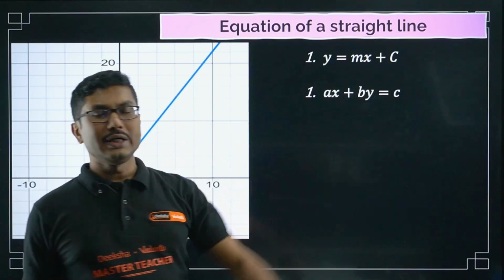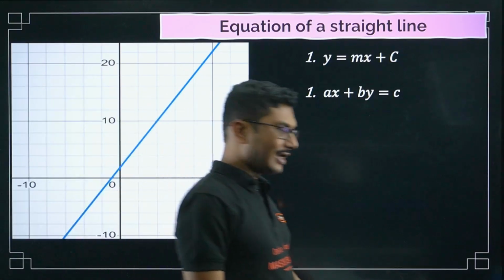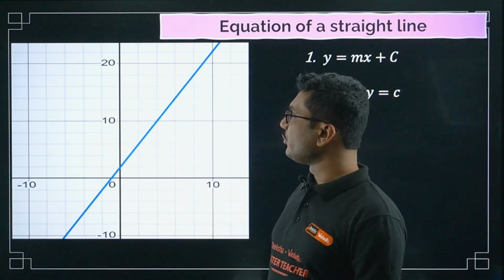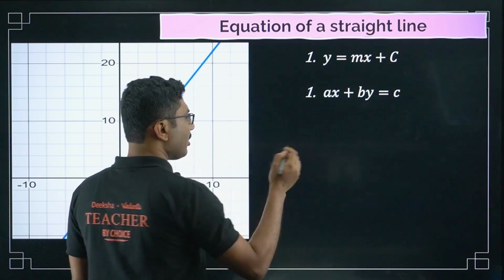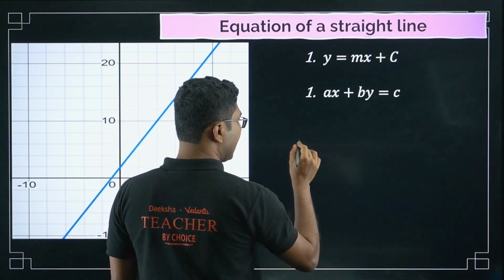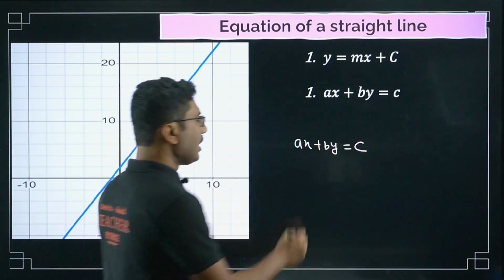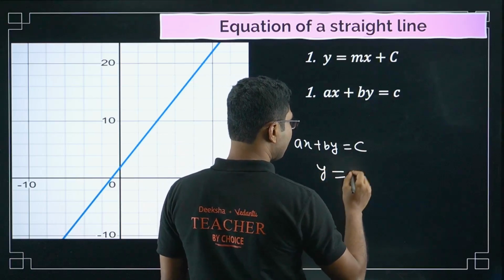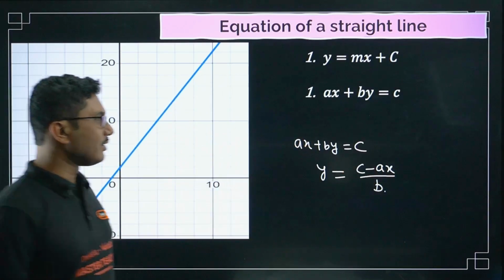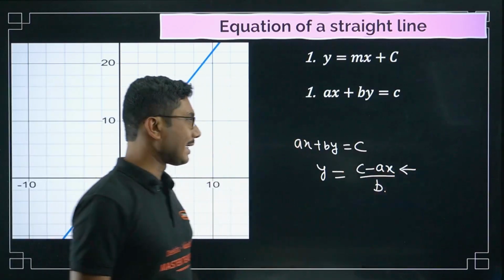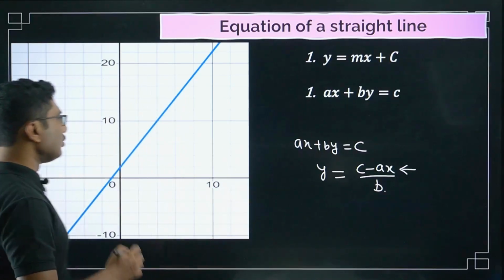First we are doing the equation of a straight line. Straight line is easy, right? If an equation is given to you, you can take any 3 points and draw a straight line. For example, if you remember in your lower classes, there was ax plus by equals c. This kind of equation was given to you. Then you used to write y equals (c minus ax) by b. Now you put some values of x over here, 1, 2, 3, 4, 5, and calculate the corresponding y, and choose the values such that y is also an integer,